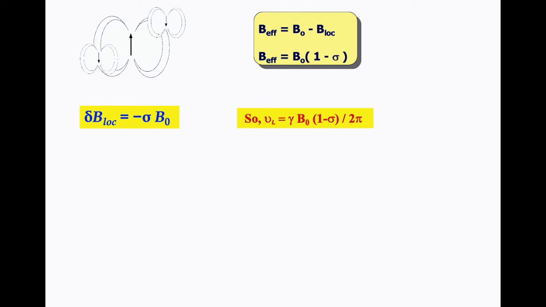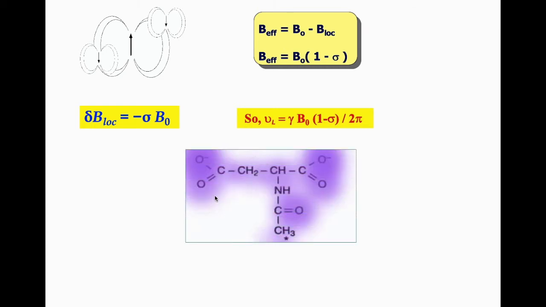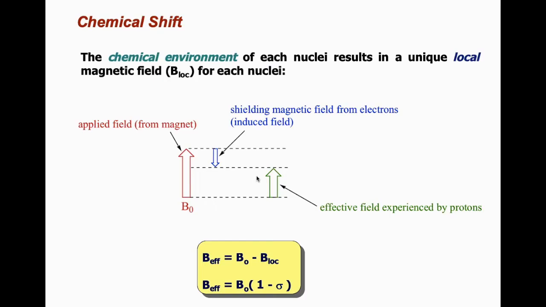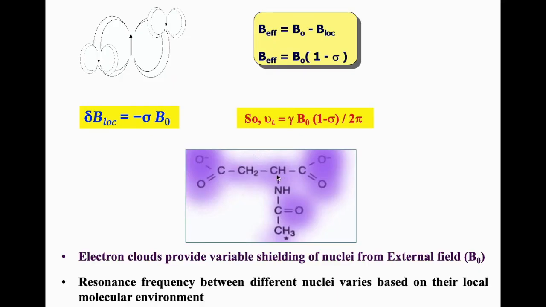In a given molecule, you will have different shielding constants, because around a particular nucleus, the electron density or electron cloud is different. If you have different electron densities or electron clouds around particular nuclei, accordingly you will have different frequencies. Suppose you have a molecule like this, so you can see here the proton is situated under different chemical environments. Here this CH2 proton, what we call a methylene, and this CH proton, what we call a methine, and this is an NH proton, and this is an alkyl methyl proton.